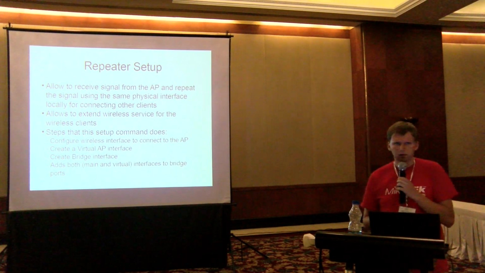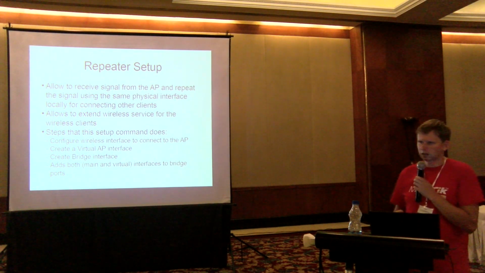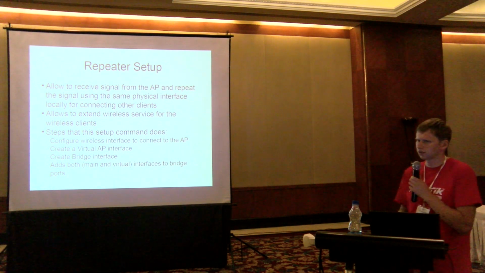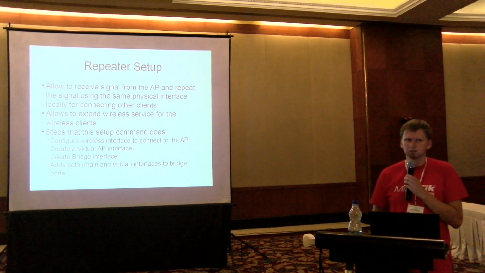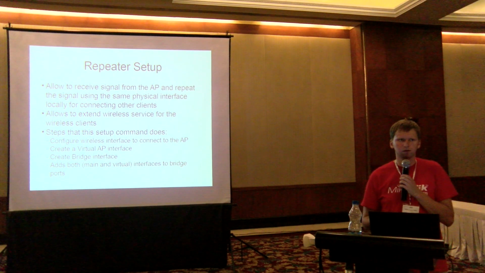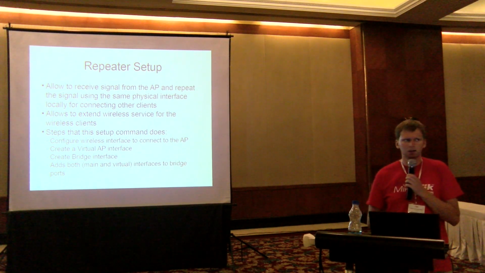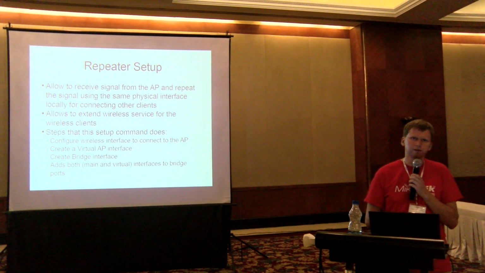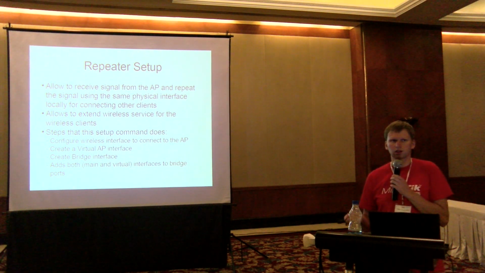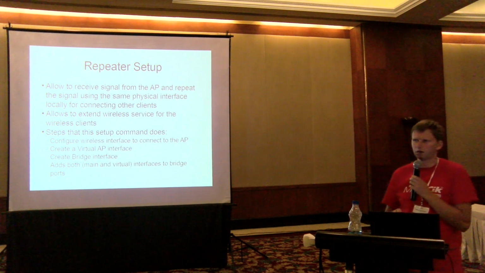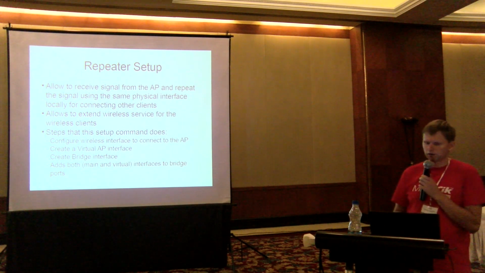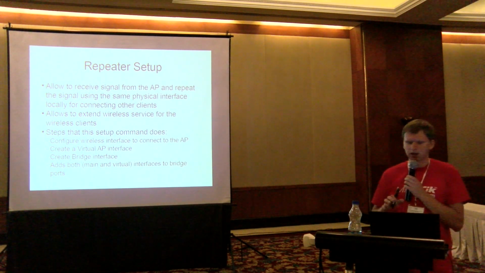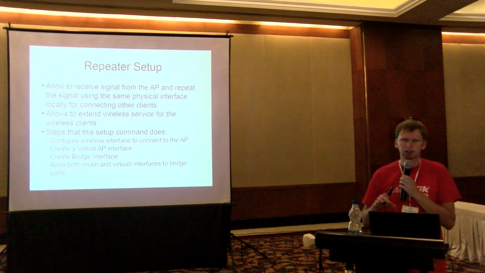So why is it called wireless rep? It's called that because it's a repeater, a wireless repeater. That's where the name comes from. So what is a repeater function? The repeater function is similar to what you were doing previously with two wireless interfaces. You used one interface for getting uplink from the internet and a second interface to share internet to your local network. Now, this feature can be done on one physical wireless interface. So actually what it does is it receives the signal from your AP and repeats the same signal on the same physical interface through our virtual interface.